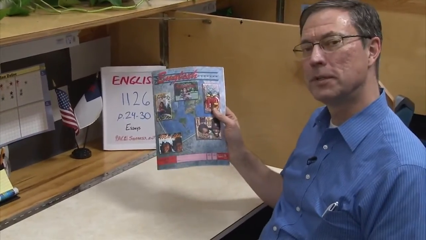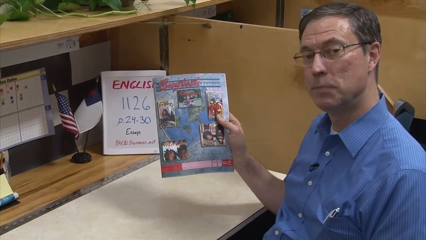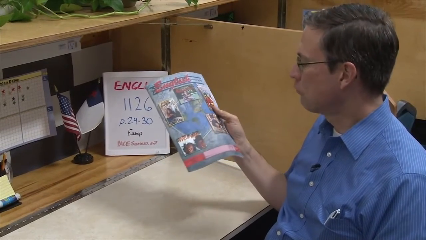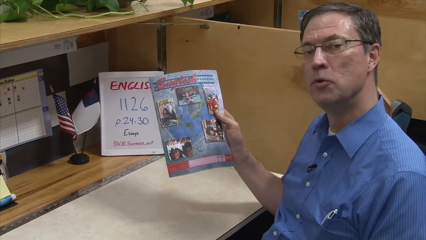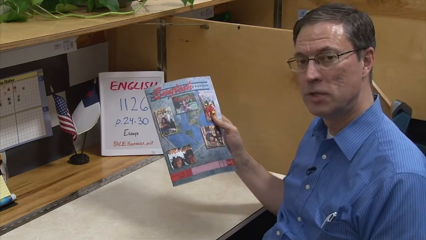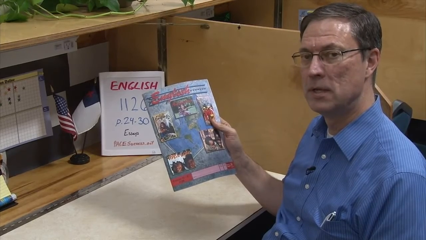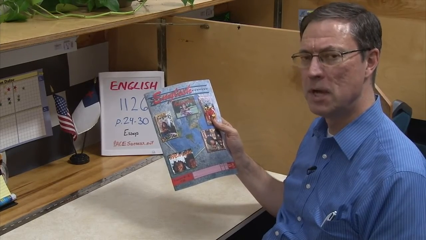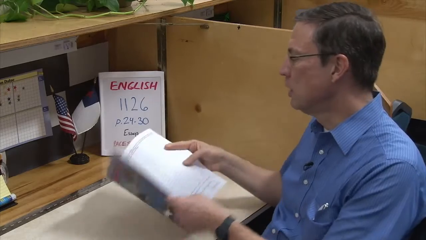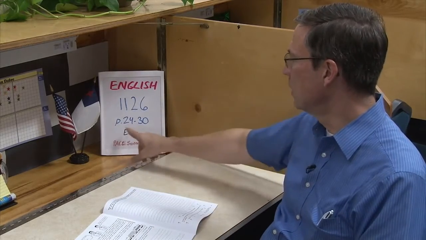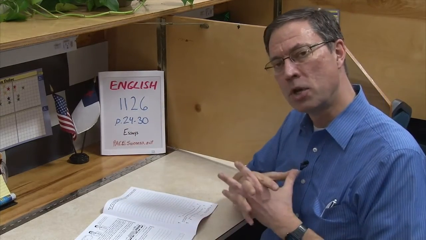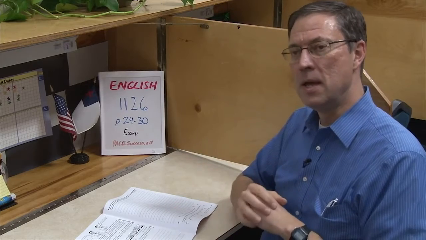Pace 1126. By the time you get to this pace, it looks like you're about halfway through the third level of English. And this pace does a lot more with writing skills and is a lot more intensive, a lot of assignments. Initially, the first part of the pace before we get to essays is going to talk about writing paragraphs and